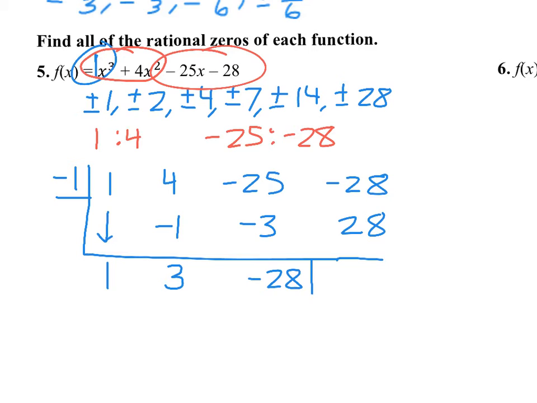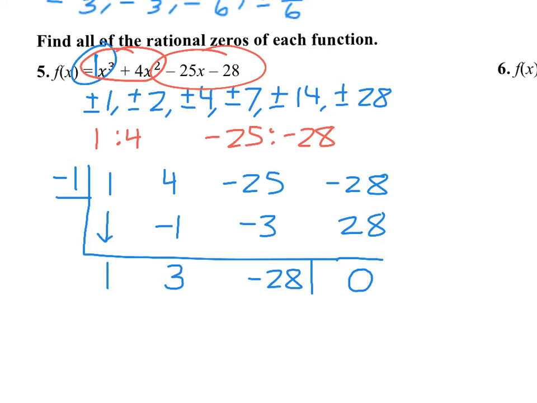So something is a factor if it goes in and leaves no remainder. So negative 1 is a factor, it's a 0. Okay, so if you don't get a remainder of 0, then you just have to guess again. All right, now once you find the first answer, you don't have to keep guessing usually because,